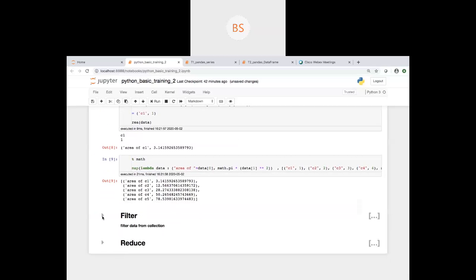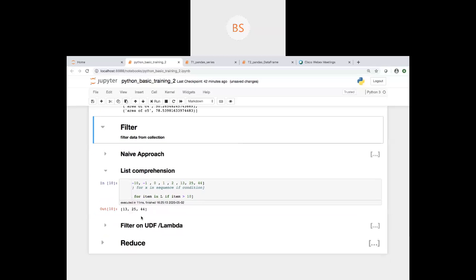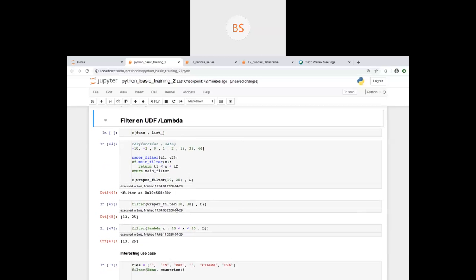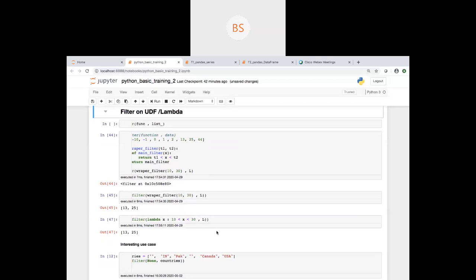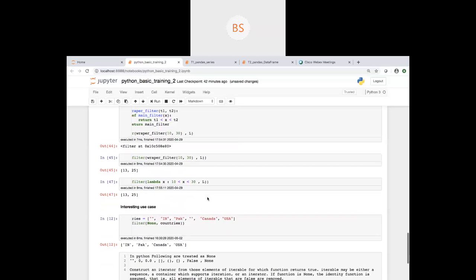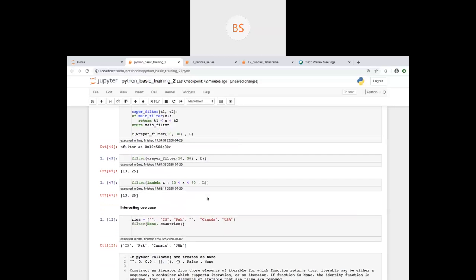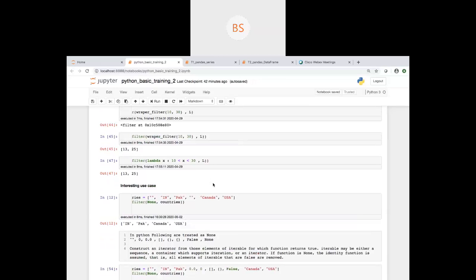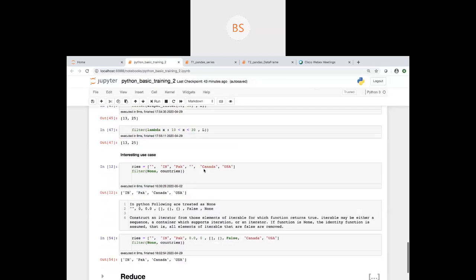Same thing, filter will filter. Again, the condition is the same, that it will take the list and it will take the function, and it will apply it to check whether that condition is matched. It will filter out that data. If the condition is matched, then only it will show that data. Otherwise, it will omit it. So that is a lambda function. Filter means the name is filter only. It filters data on a given list. Without any loop, I am doing it. So for writing a very good Pythonic program, don't use loops. Use filter, map and this kind of thing.